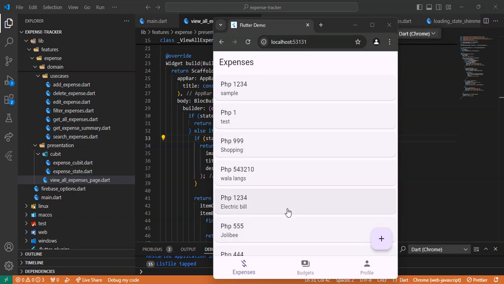Create the other pages, the CRUD natin, for the expense only, because the entire video will just focus on the expense feature. As much as possible, I want to continue with the other features, pero same lang naman. So yeah, for this part ng video na to, we'll continue with the view